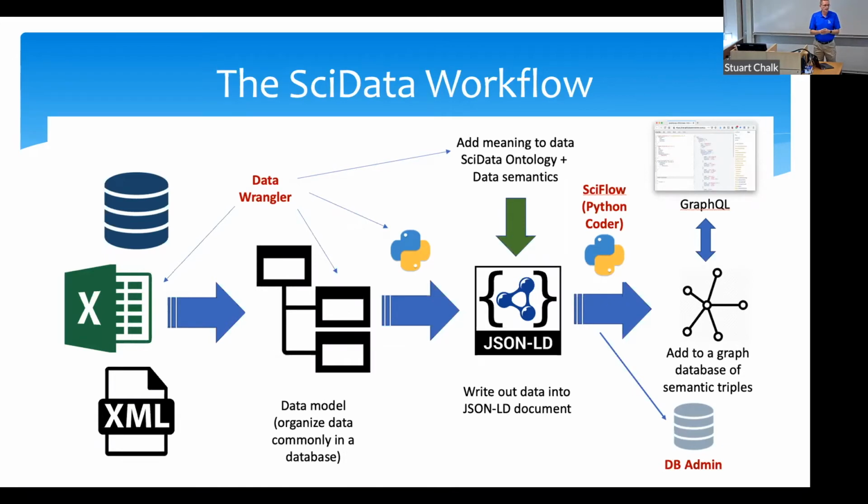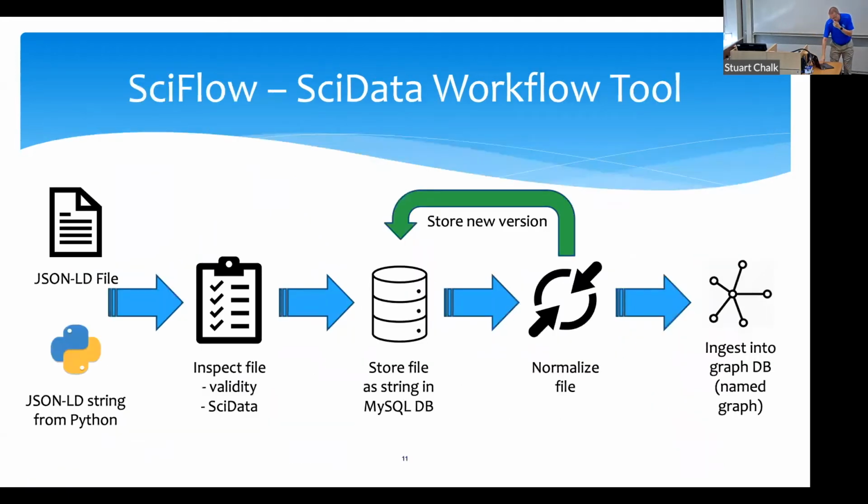what we call crosswalks. And crosswalks are taking a metadata element from the original source document, working out where it goes into the SciData JSON-LD structure. And then once we've done that, we also assign to that particular metadata element what the semantic meaning is to it. So we actually link it to an ontology definition. If we do all of that for each of the elements, then we can generate what's called the context file. And the context file, again, is where in a JSON-LD document, you end up creating a file that does the annotation of the metadata elements in the document. Okay, so two practical reasons that we need to do this.